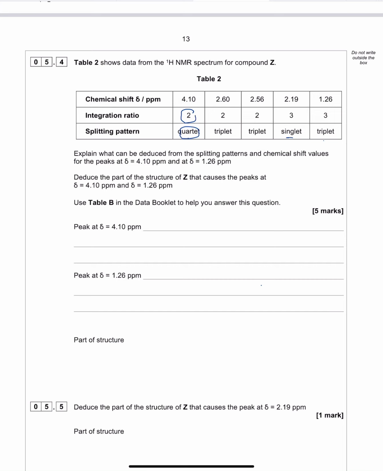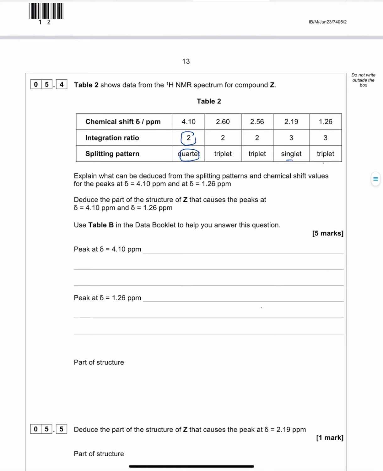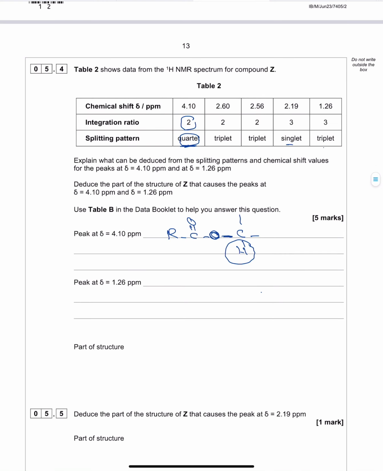So there are two protons, but the type of proton first is going to be an RCOOCH hydrogen. So this is the type of proton where there is a single bond to an oxygen coming from an ester. This is coming from the data booklet. And then when we look at the splitting pattern, you're going to find that it's a quartet, which means that the neighboring carbon has 3 protons. So there is a CH3,